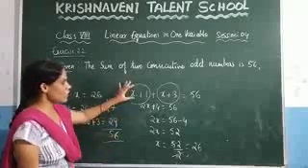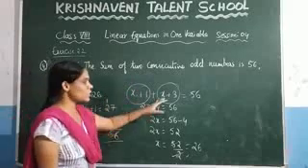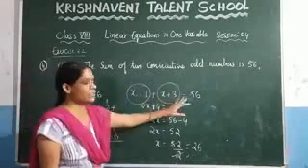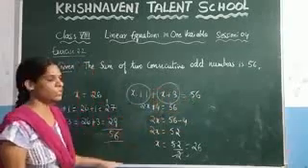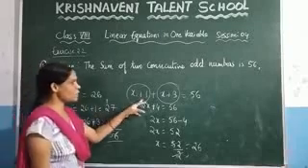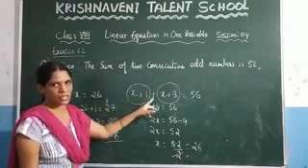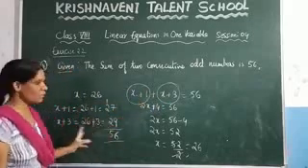Let us consider the first consecutive odd number is x plus 1. Then what will be the next number, which is x plus 3? According to the problem, if you add these two numbers, you have to get the result as 56. And after doing all the calculation, you are getting the x value as 26. Since we need to calculate the value of x plus 1 and x plus 3, substitute the values of x here and here, so that we are getting the numbers as 27 and 29.